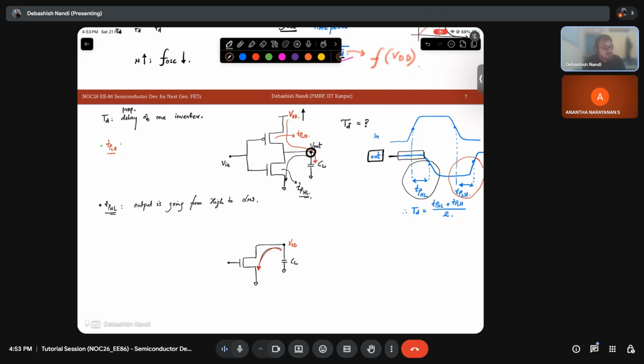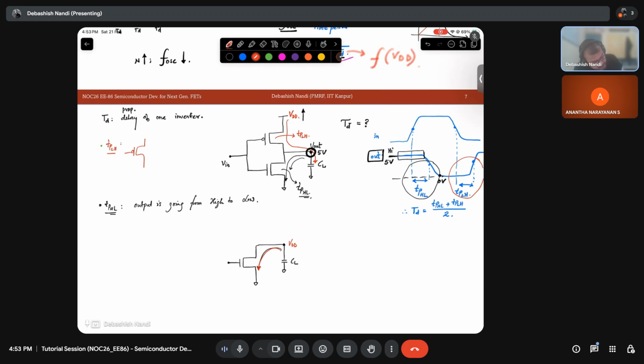Is it high or low? This is high. Let's say it is 5 volt, and it is going to 0 volt. Of course it is fully charged before going from high to low. That is the meaning of going from high to low. Similarly for TPLH,